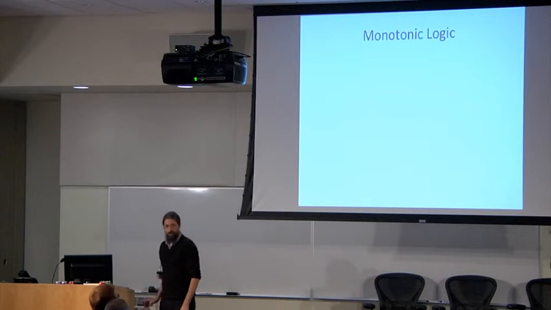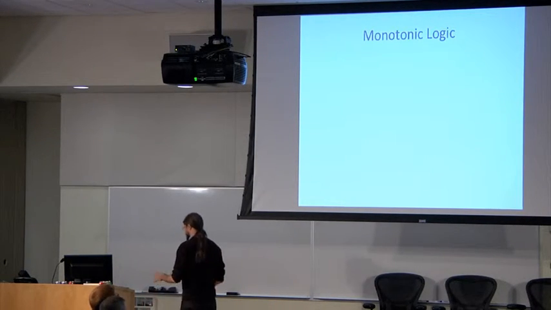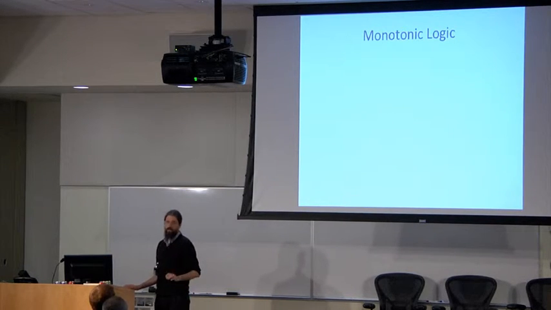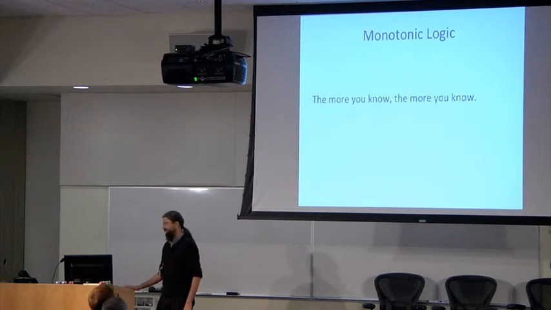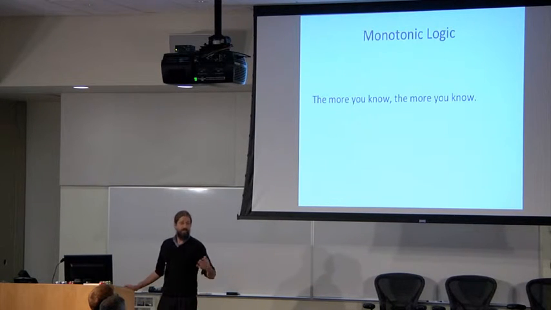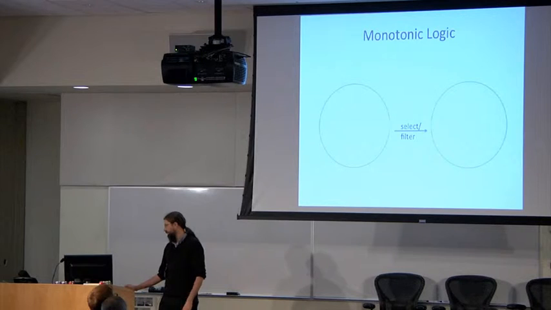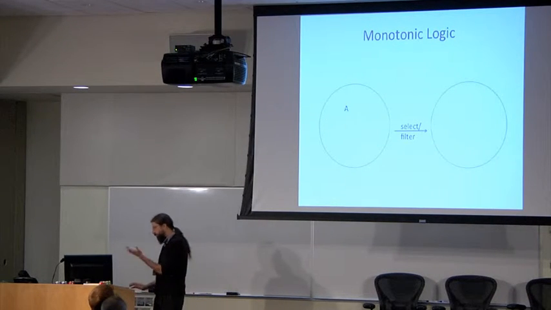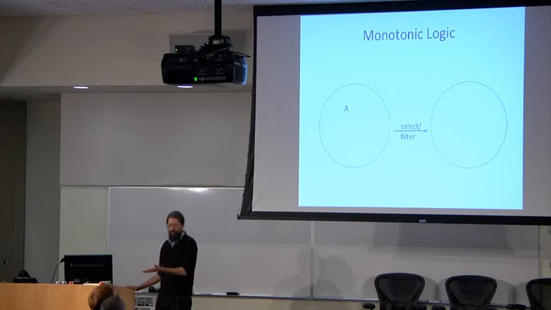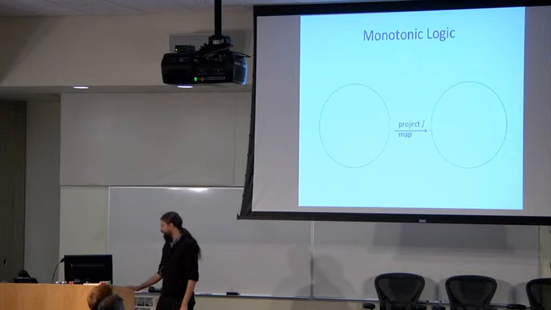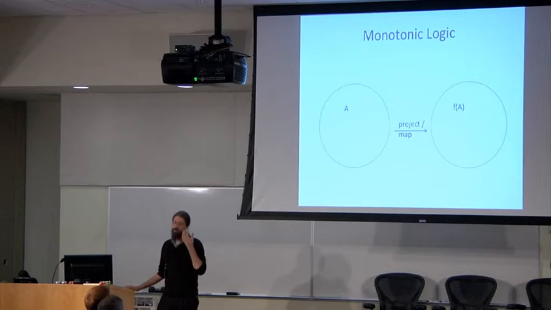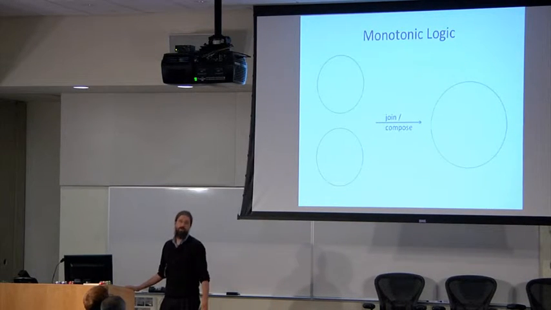Now, I talked a little bit about monotonic logic yesterday. Monotonic logic, if you pick the right language, is easy to spot, cheap to spot, at least conservatively. The more you know, the more you know. As my inputs grow, so also does my output. This means that, if I have employees on the left-hand side, I have employees on the fourth floor on the right-hand side. As I learn about more employees, I learn about more employees on the fourth floor, right? If I want to define employees' email addresses as the first letter of their first name and then their last name at Microsoft.com, that's some function of my input, and so as I learn about more employees, I learn about more email addresses. Likewise with join or composition, right?